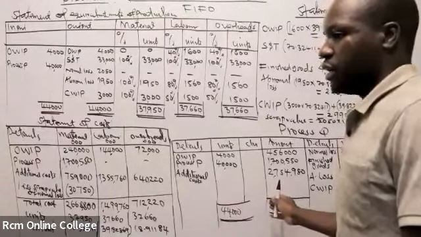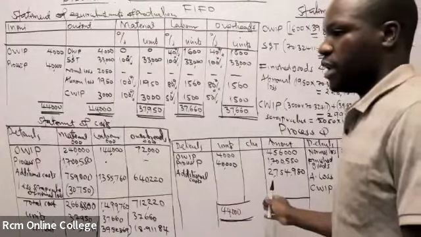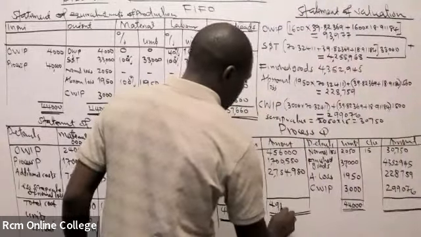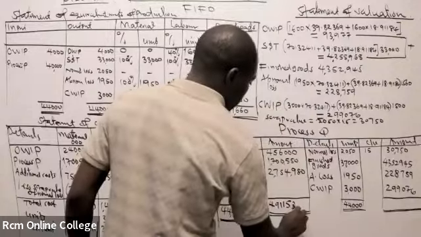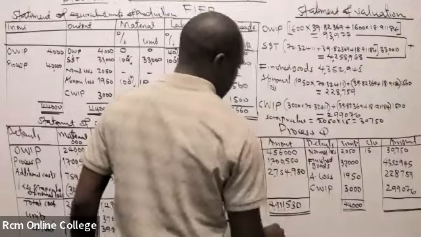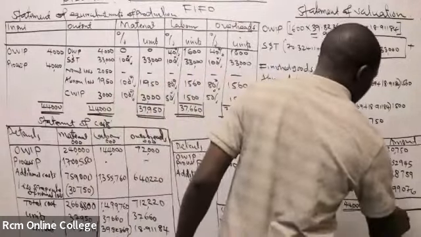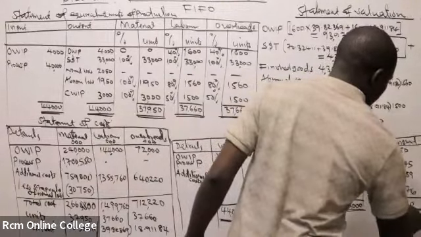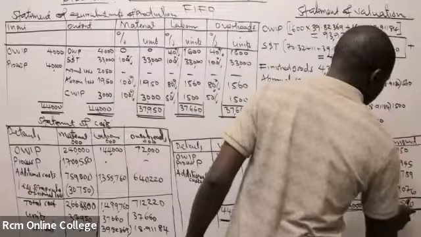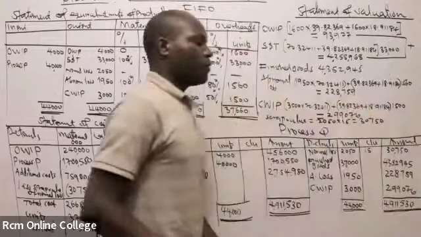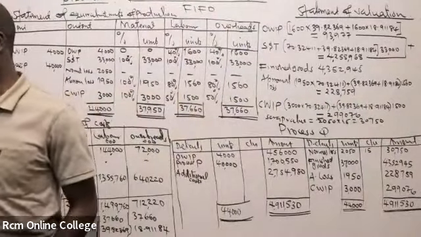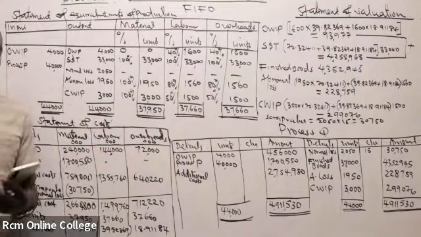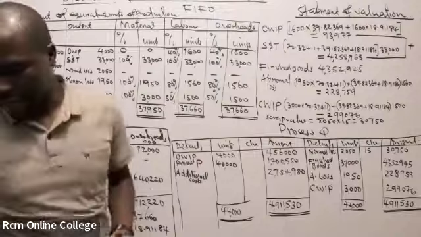Both. 49,11,530. Okay. 49,11,530. That is the process account